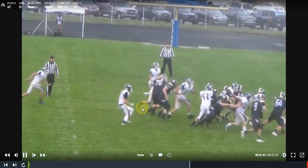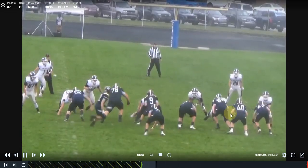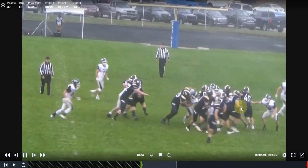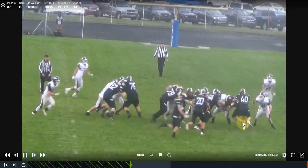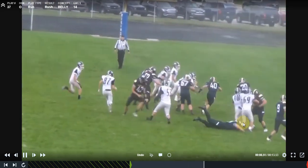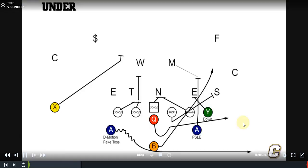You can see the A-back does a really good job of feeling out this block on the tackle or the tight end, leaving no air there, and does a pretty good job there. Okay, against an under front,